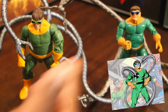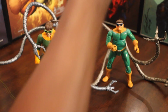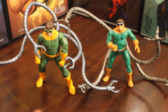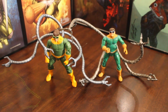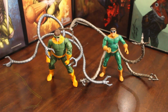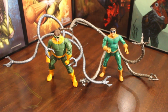But of course, if you look at both of them, you're like, why would I want this one? I mean, this one looks beast, and that's correct. But then you're like, but these have bendy tentacles, and this one does not. Well, something I found out by accident, and then when I went on some other reviews and saw some people playing around with their Dr. Octopuses, I noticed that you can use the tentacles from this one on this one, which is pretty good. And I give kudos to Hasbro for allowing us to do that without any kind of mods